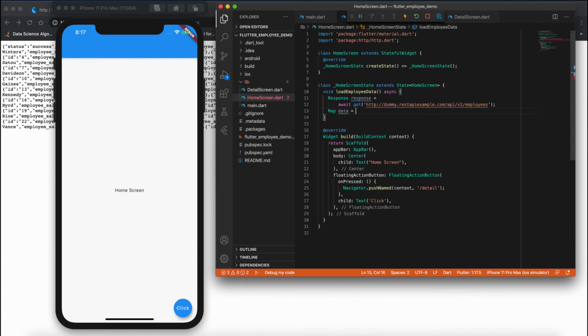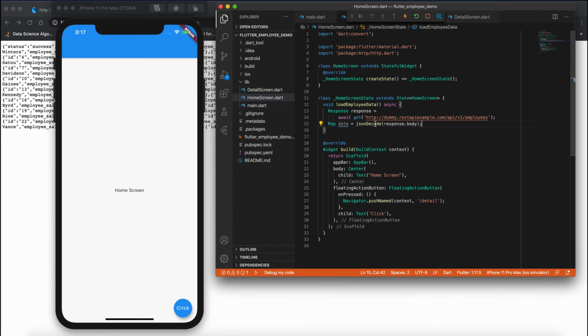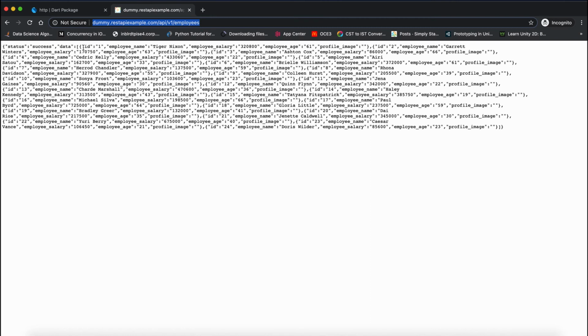data. Here I can use JSON decoder, so this will help to decode our data. I use the body property, so this will fetch all the data and add it to our data. The next thing is, from this map we have the response data. If you observe this JSON, here you have two keys. One is status and the other one is data.